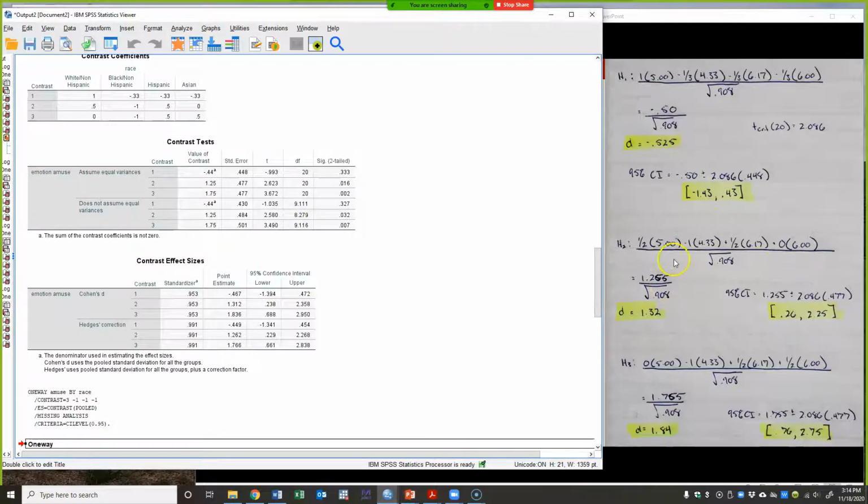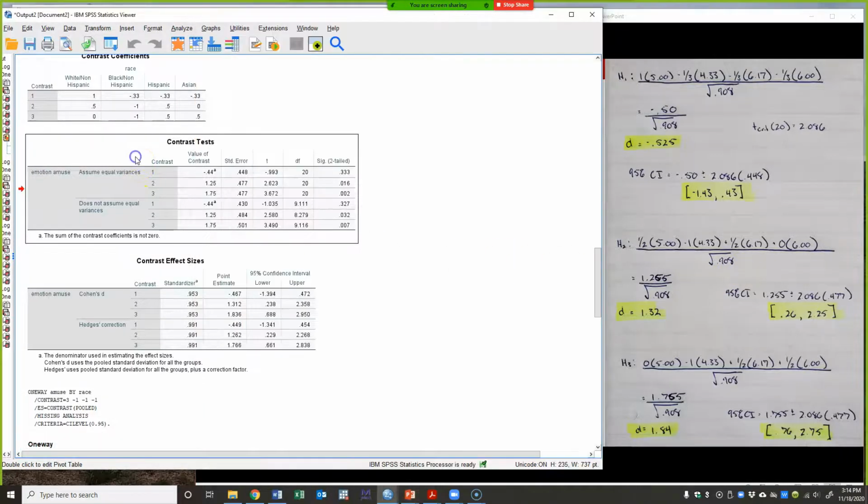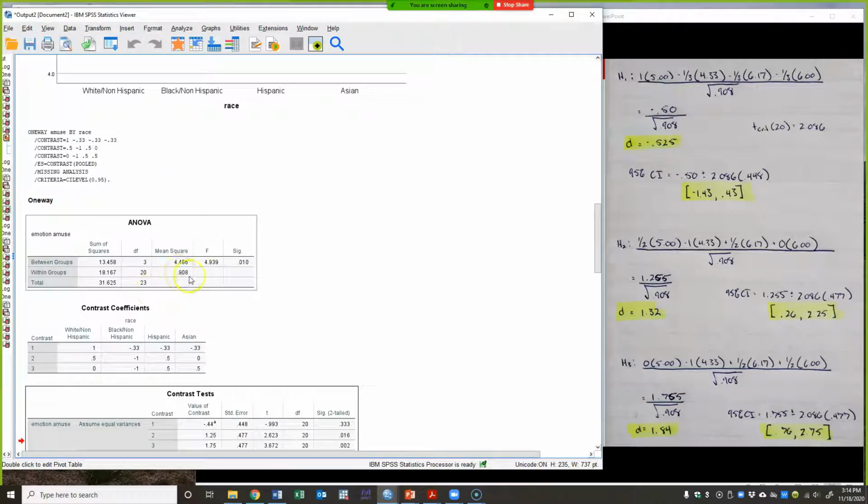Same thing, and then just doing the same thing for my second and third contrast. So again, this is just the value of my contrast. I've elected to use the square root of my mean squared error. If I go up to my ANOVA table, again, here's my mean squared error. This is just the pooled, or sort of average, within-group variability, right? This is a variance estimate, so I just take the square root of that, which gives me a standard deviation estimate. So it's the same standardizer I'm using for each one of these, okay? So I take the value of my contrast, and if I run this out, I get